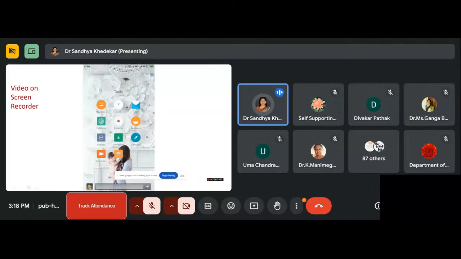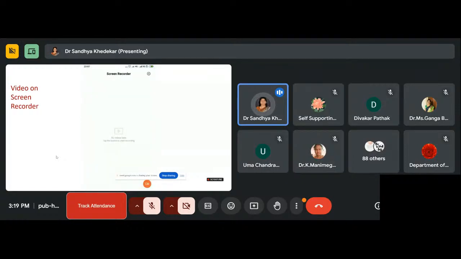I'm playing the video. Friends, now I will show you how to record with help of your mobile. So I'm recording the screen of my mobile. Here you can see on this screen in MI phone, the screen recorder option is always there over here. So if I click on this option of screen recorder, this kind of screen will be visible, and on the right hand side corner in orange color there is a video camera.